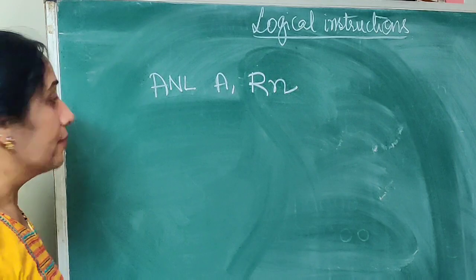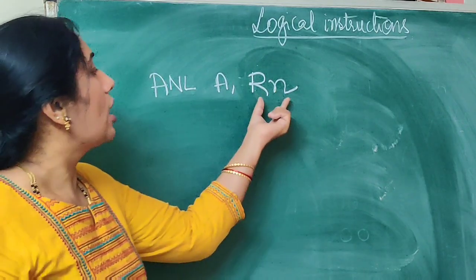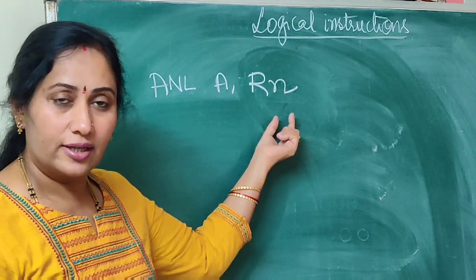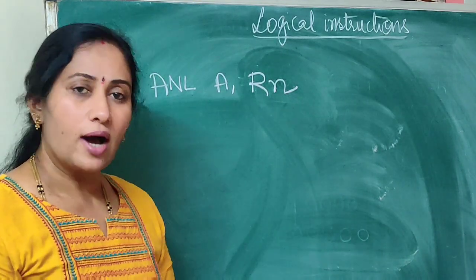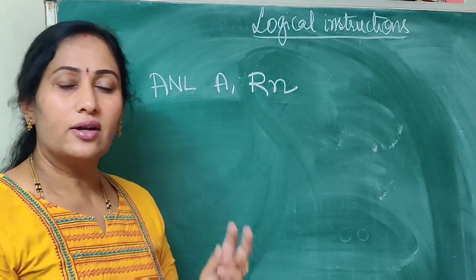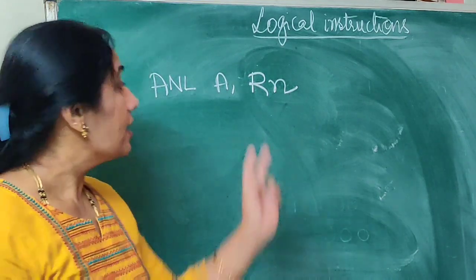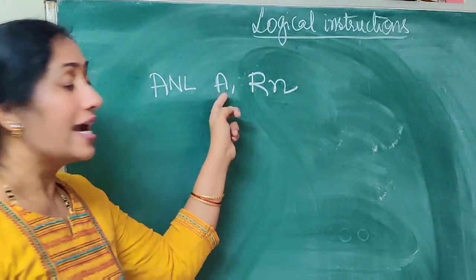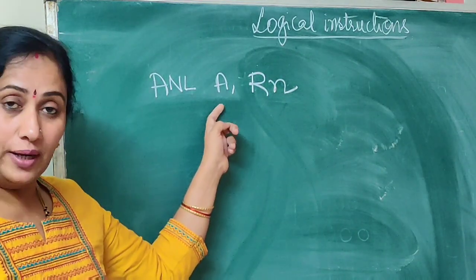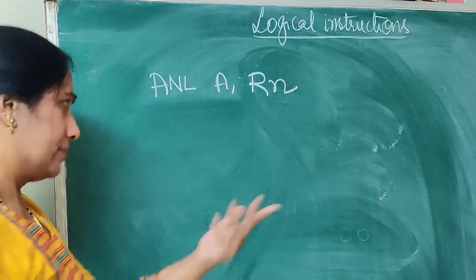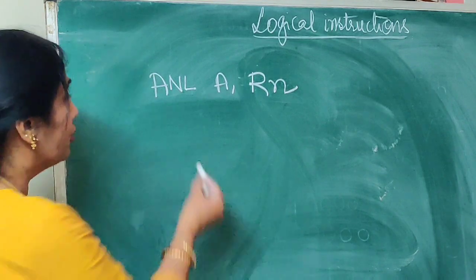The register addressing. You can see over here how I have specified the source. I have specified the source in a register. That means from R0 to R7, any one of the register, it's left to you. On whichever register I have loaded the data, right? The content of that particular register will get ANDed with the contents of the accumulator, and the result is going to be placed in the accumulator. Say, let me give an example for this one.